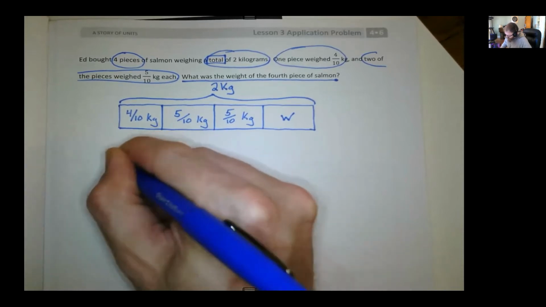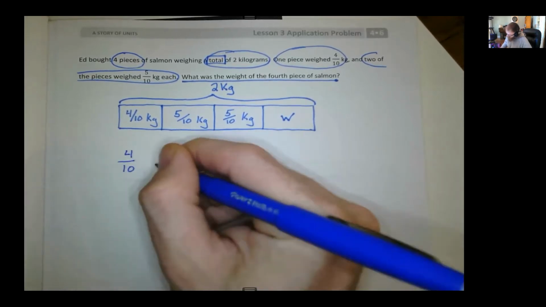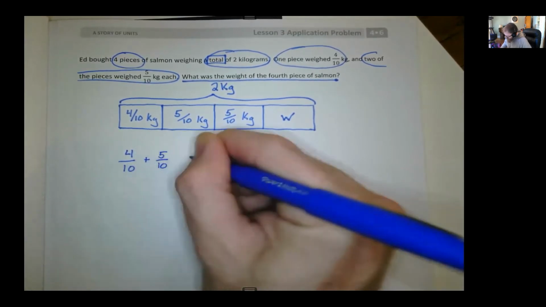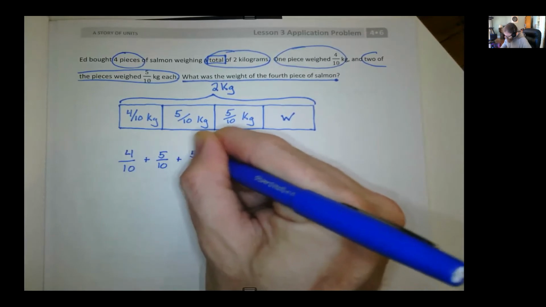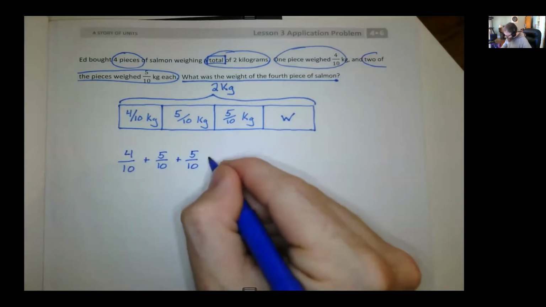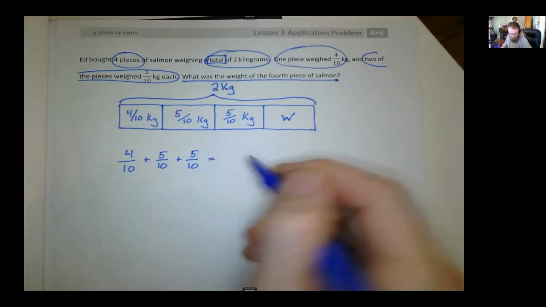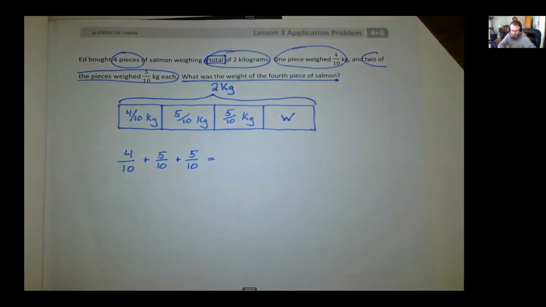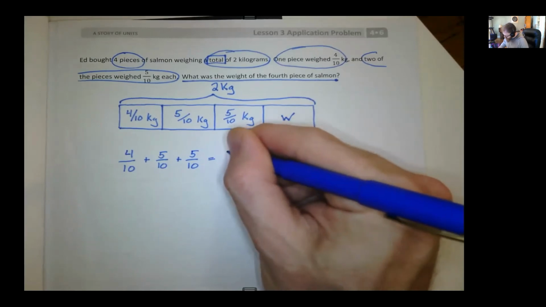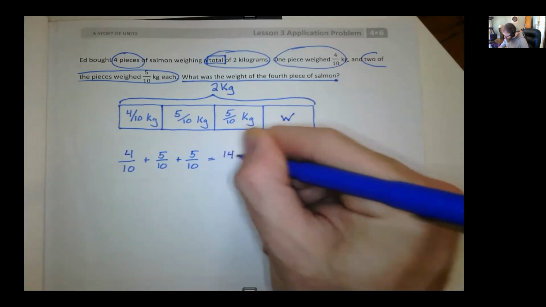Let's write that addition sentence now. Your paper should look just like mine. Four-tenths plus 5/10 plus 5/10 equals 14